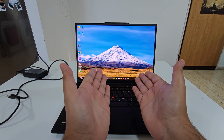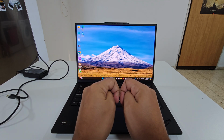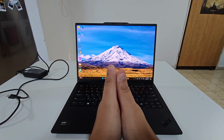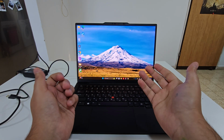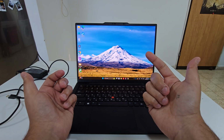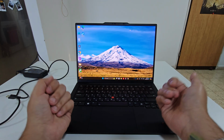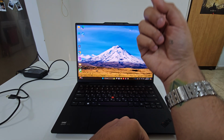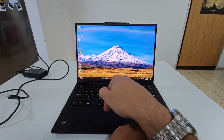Now, regarding the price, and I know that it's a very fancy and not cheap device, very expensive. This model costs almost $3,500. Get it to your mind, $3,500. So what are you getting for this number? You're getting the best screen you can get, the best camera module you can get in a laptop, the best keyboard, the best trackpad,